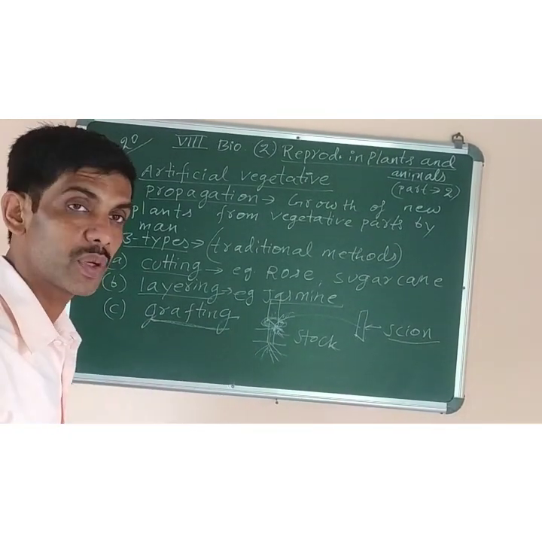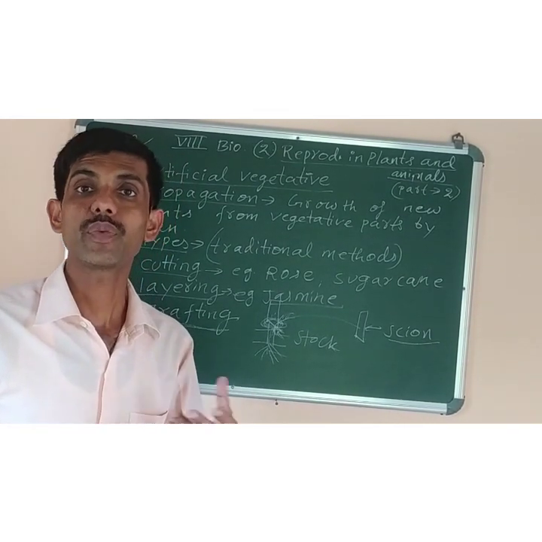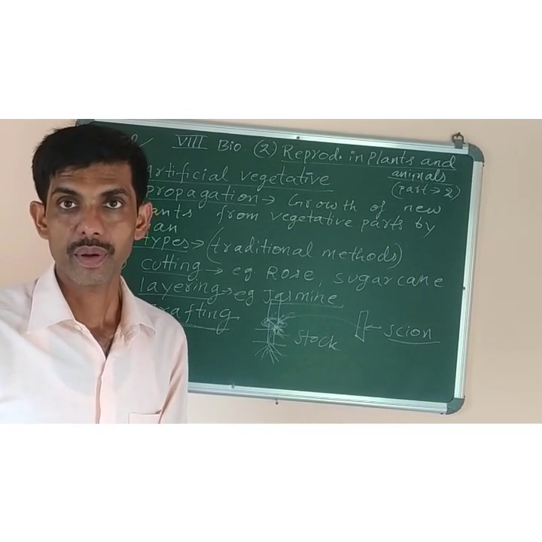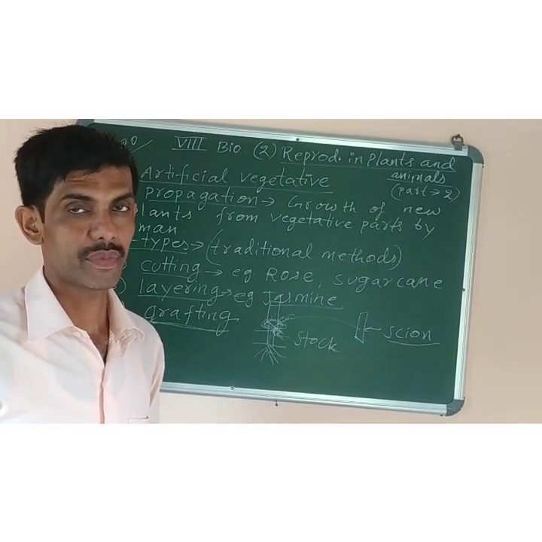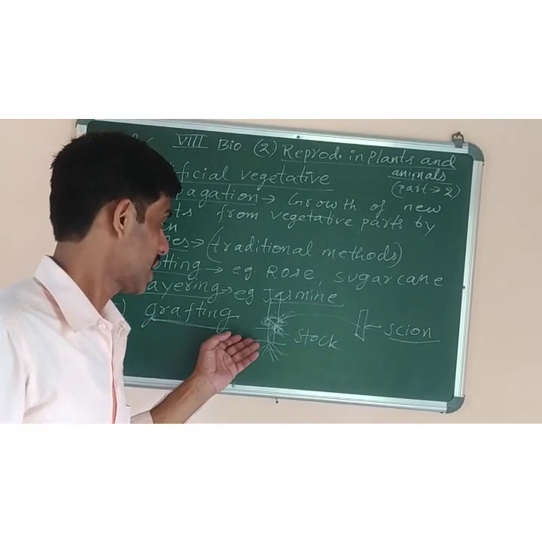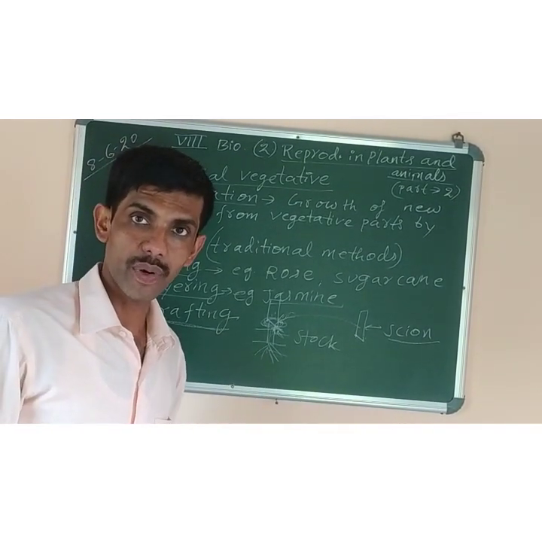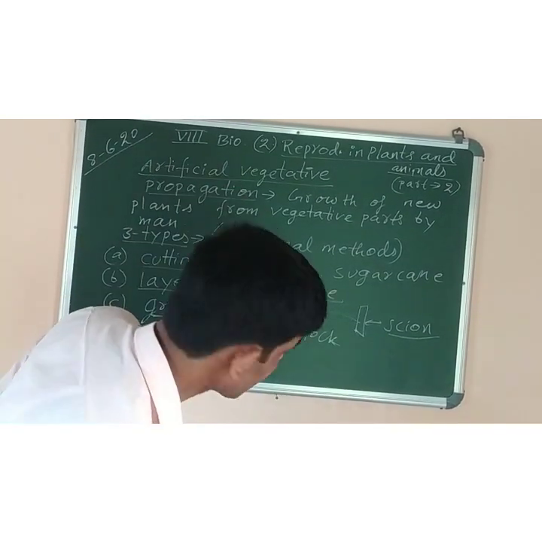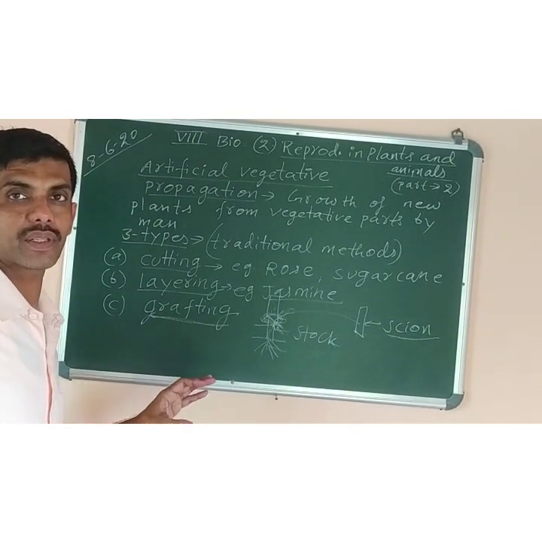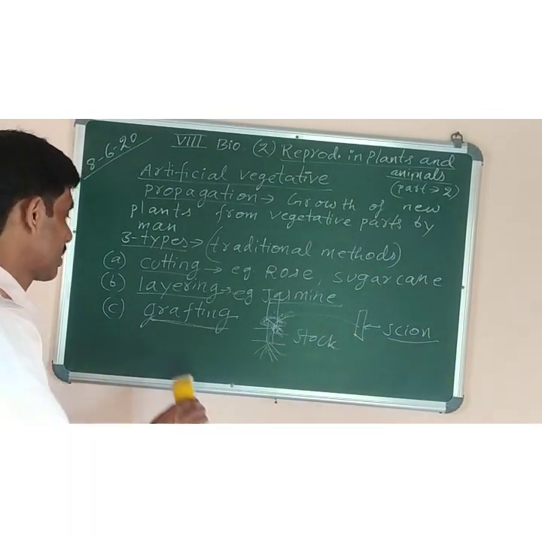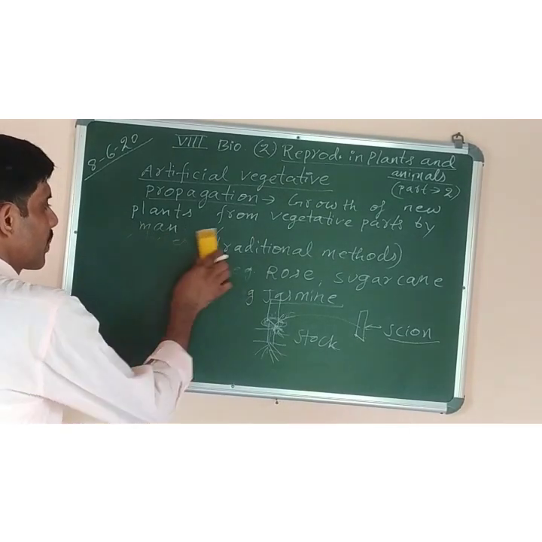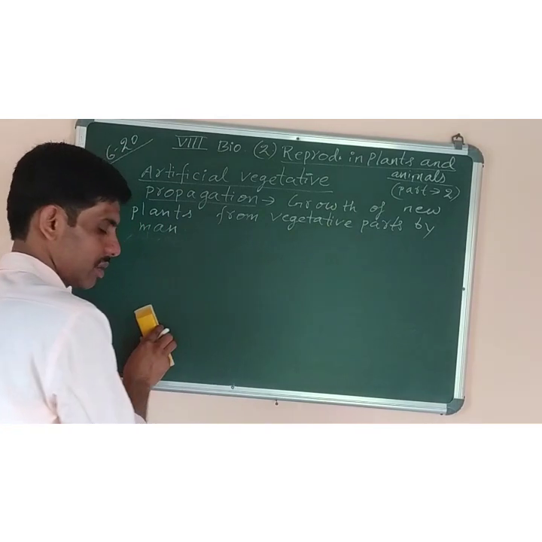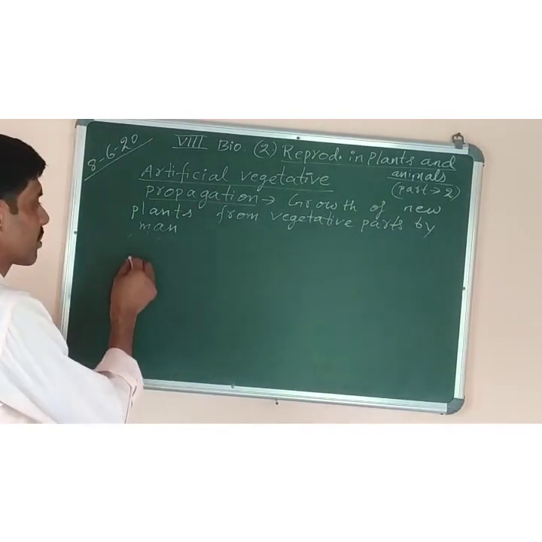And this is quite useful because we can get new varieties of mangoes, new varieties of fruits by this method of vegetative propagation. It is very easy to grow, and it is cheap also as compared to growing them from seeds. So next, these all are the traditional methods of vegetative propagation. There is a modern method of vegetative propagation which I will discuss now. That modern method is also called the tissue culture method.